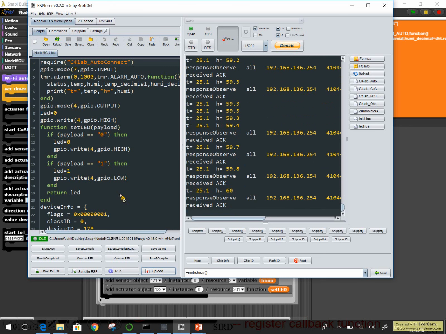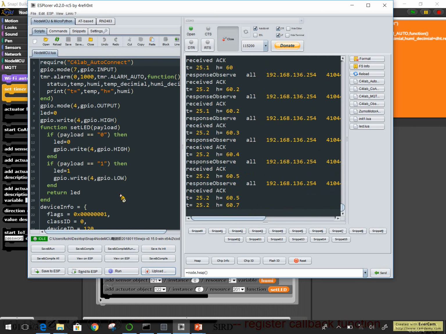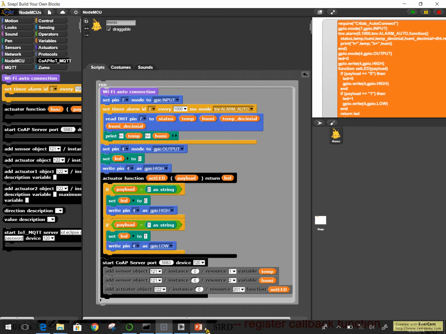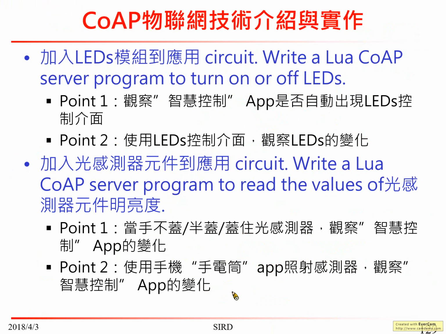Okay, so what's that? They are trying to do something else. Alright, okay, this is the CoAP. So, any questions? Maybe the rest of you can try to do it. So, you might add a light sensor, as I mentioned, to it, and maybe you can